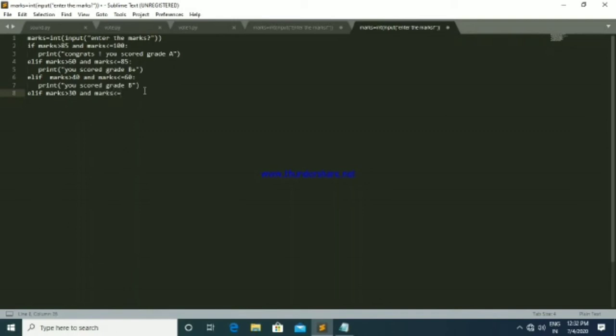So if the student gets mark between 30 and 40, print you scored grade C.